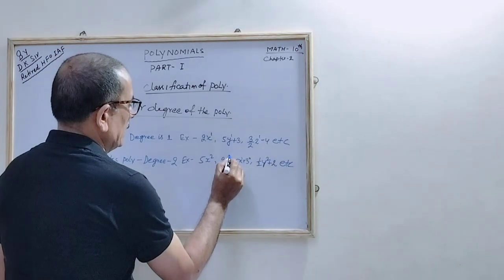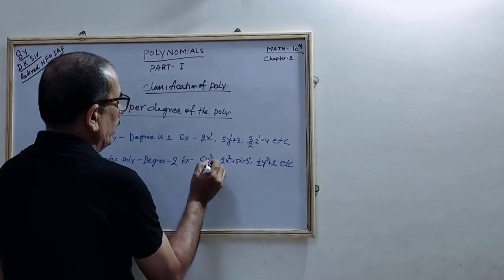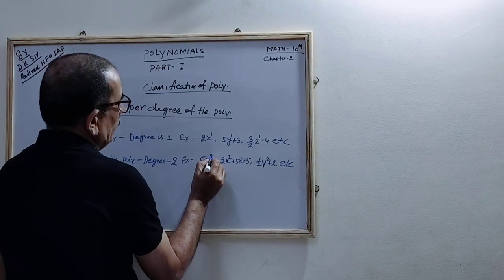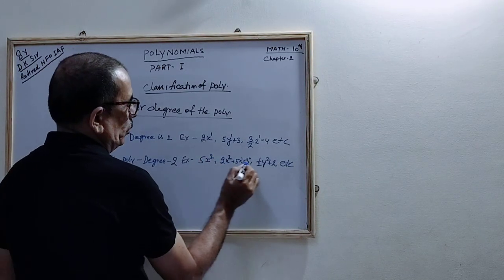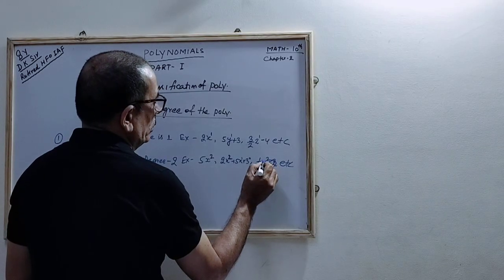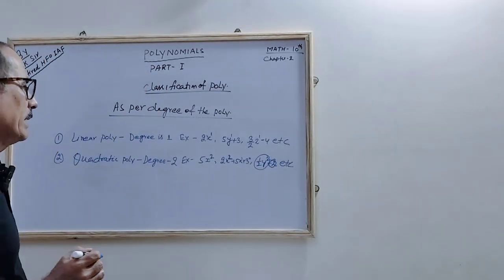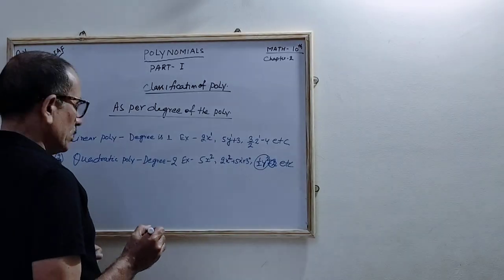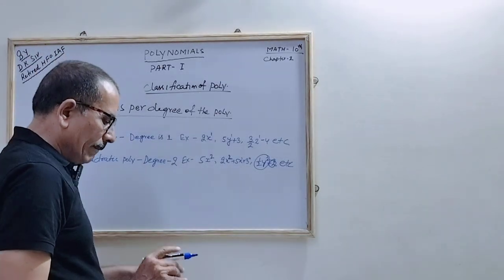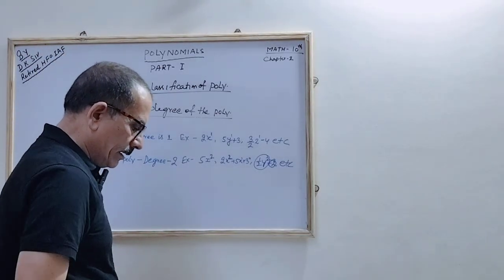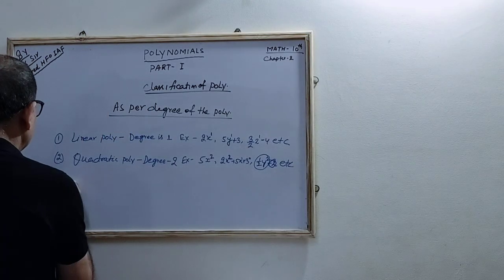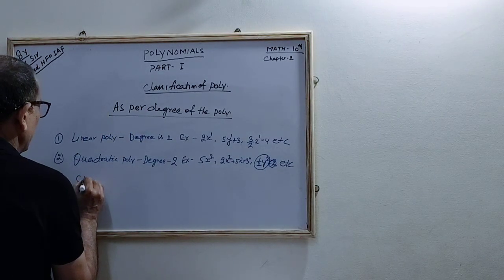So the maximum is a 2, correct? Here there is only one term having the exponent, or the degree, of 2. There also we find two terms, but the exponent is a 2 as a maximum of the y, that is y square. So this is called the quadratic polynomial, correct? Understood? The next you can see this is a cubic,